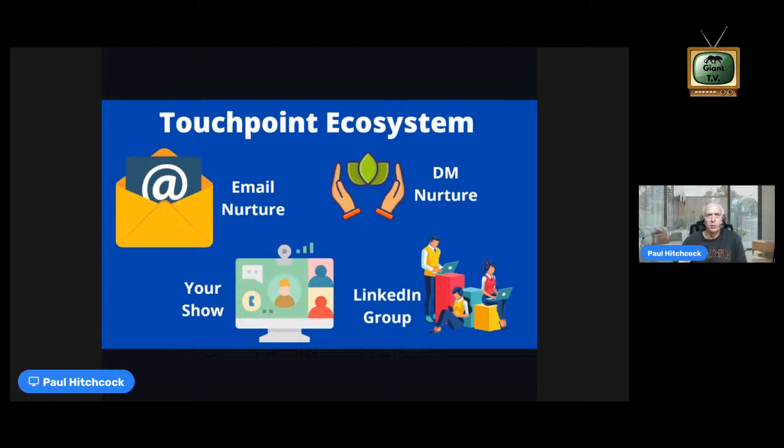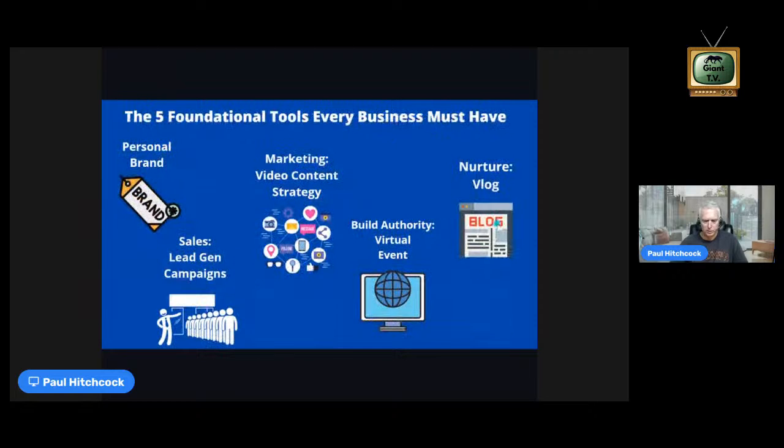That's an endeavor in and of itself, but if you use a tool in strategic ways, it can be a great tool. And then your show. You're doing a monthly show, as I mentioned, and people are getting invited to that through the LinkedIn event feature. So these are things, more in-depth discussion, but that's your touch point ecosystem.